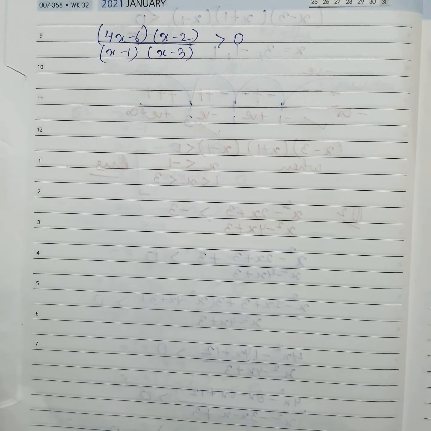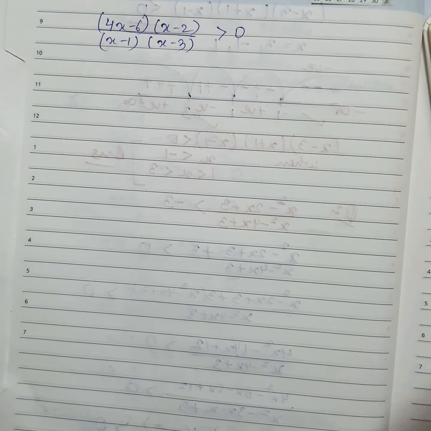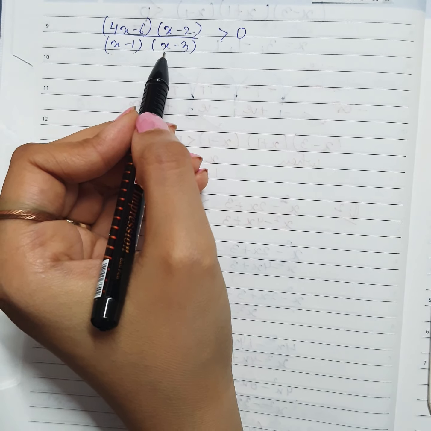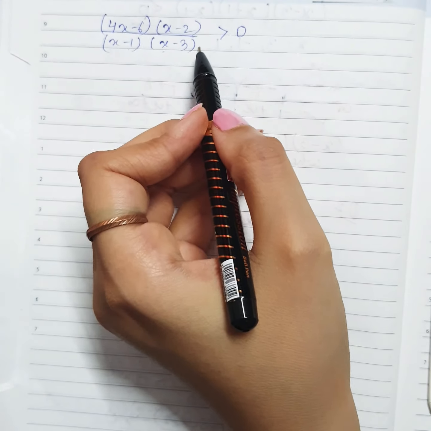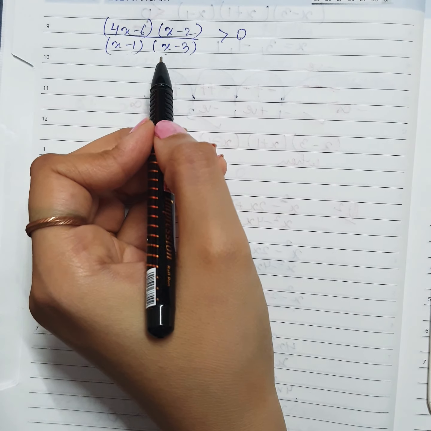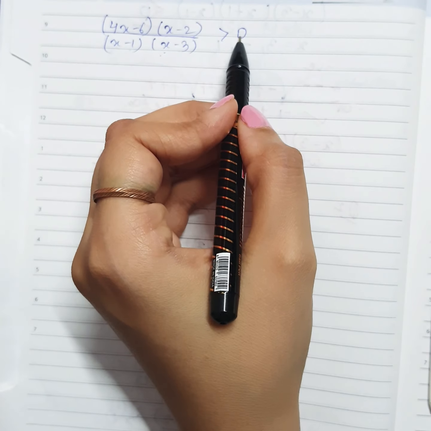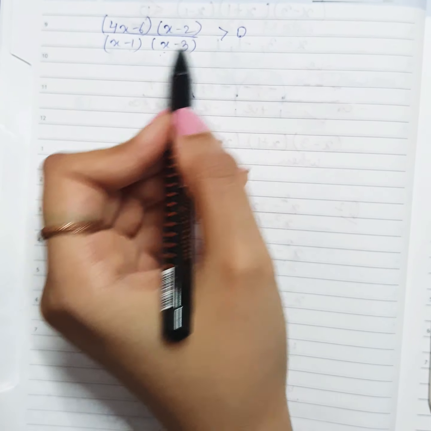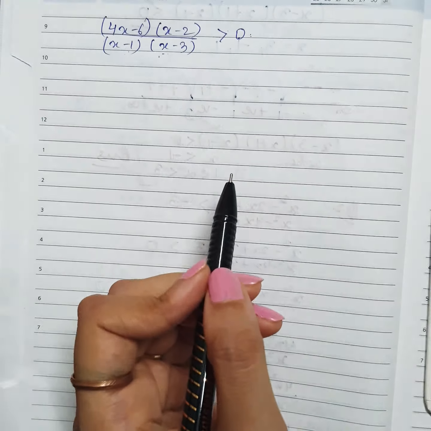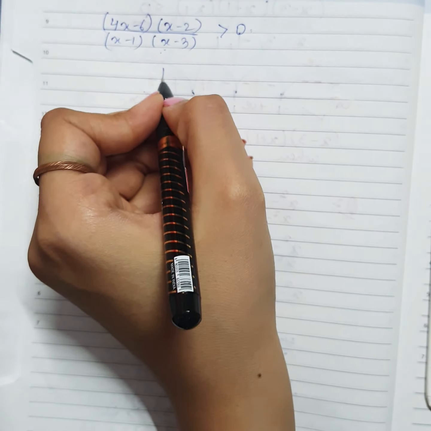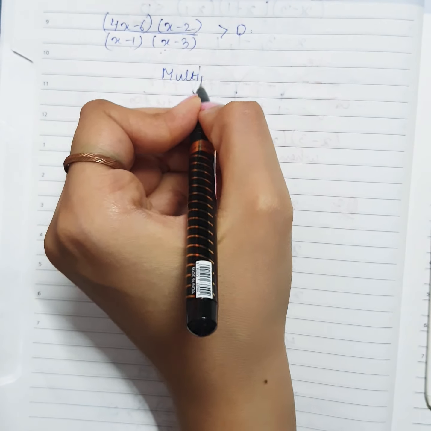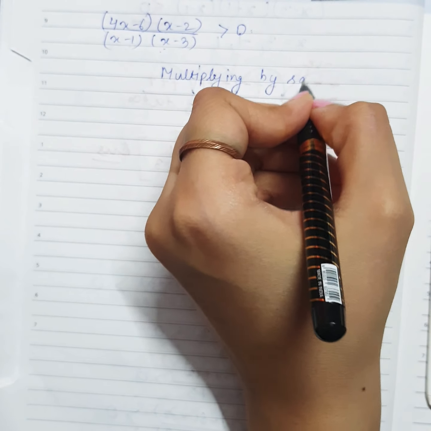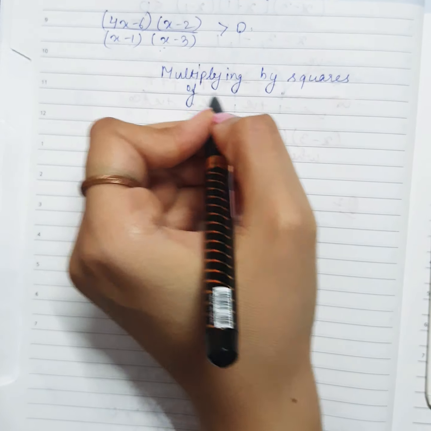Okay, so till here the steps are all the same as the previous question. Further also they are the same. Now again the question is the same. I cannot shift both the denominator terms to the right side because I don't know whether they are positive or not. So shifting them may result in the loss of answer because of the inequality. If it were equal to here, we could have shifted and multiplied with 0 without any problem. So whatever we did in the previous question, we'll do it again, multiplying by the squares of the denominator.